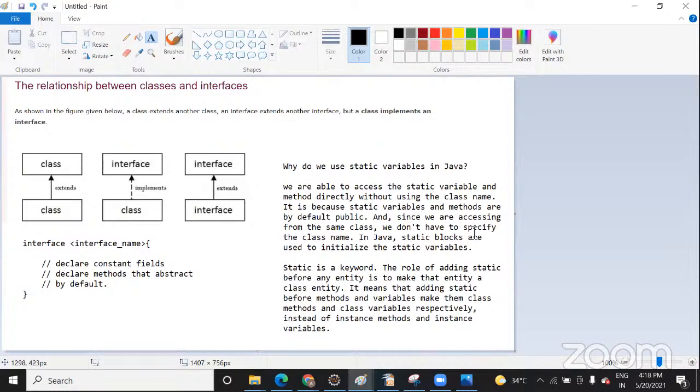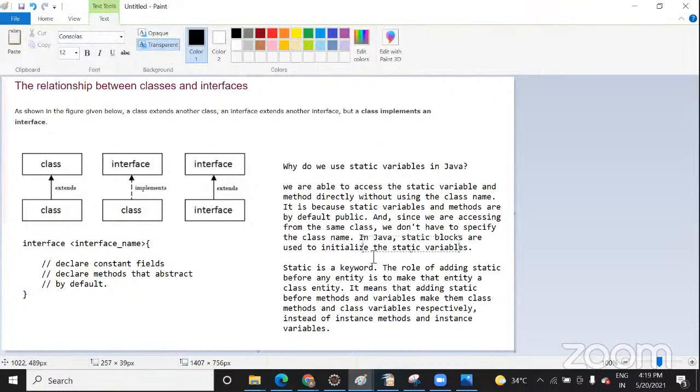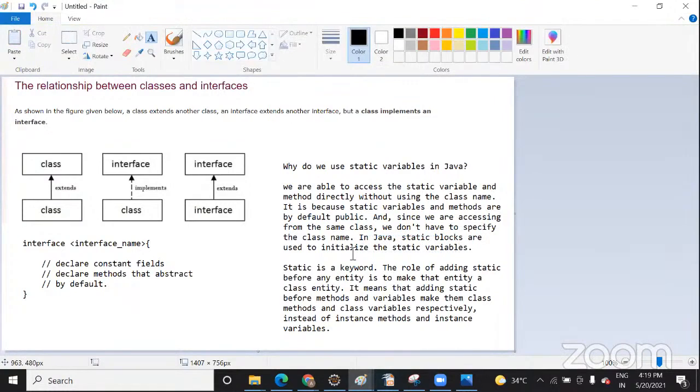And when you declare any method as static, it means that the method and variable belong to the class. They do not belong to the instances or the objects, or another method or another class. When we declare the static keyword before any method or class, it means that that variable and method belong to that particular class,